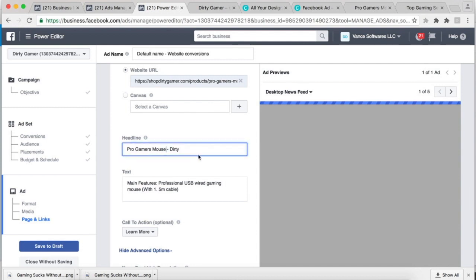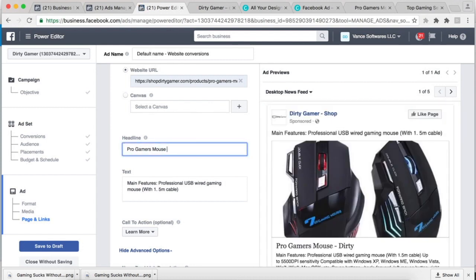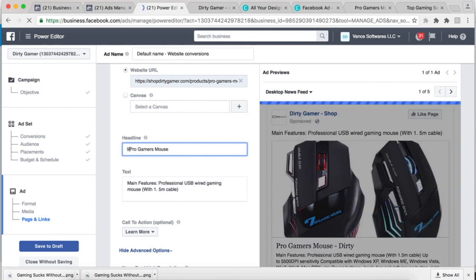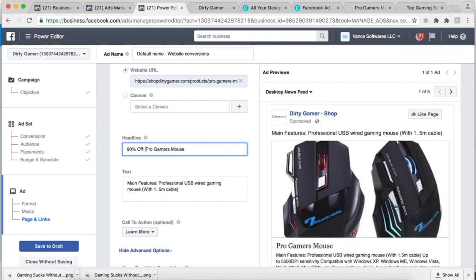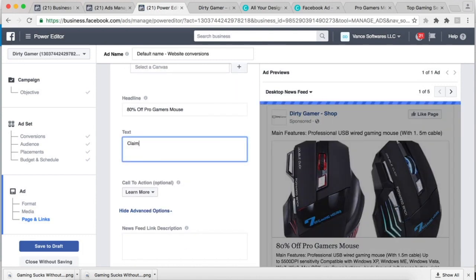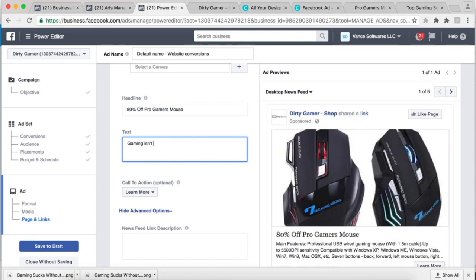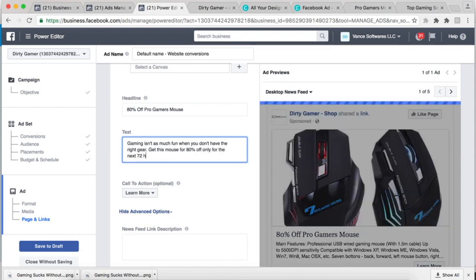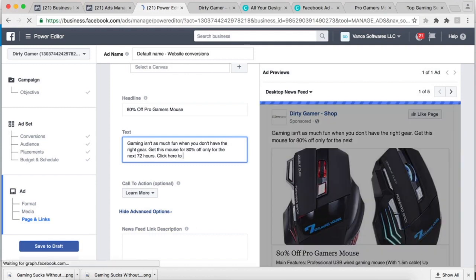So Pro Gamer Mouse promotion. We're gonna do 90% off. 90% off Pro Gamer Mouse, actually 80% off, all right, because that would make sense. All right, so here we go. Claim. Gaming isn't as much fun when you don't have the right gear. Get this mouse for 80% off only for the next 72 hours. Click here to get yours before it's...